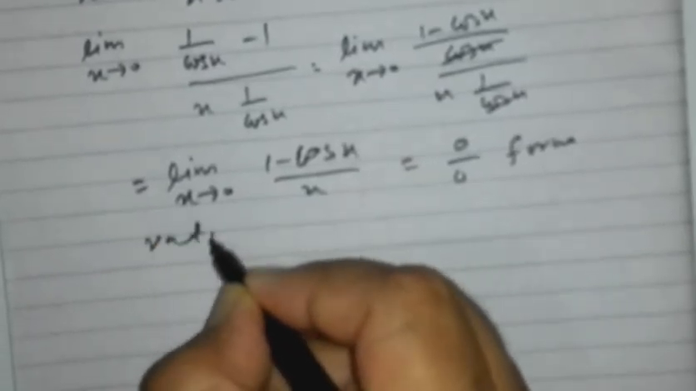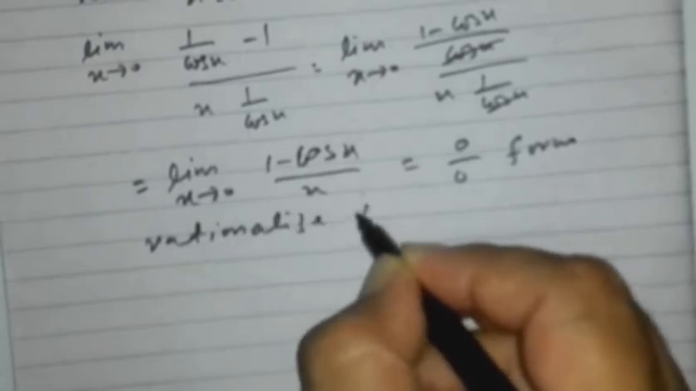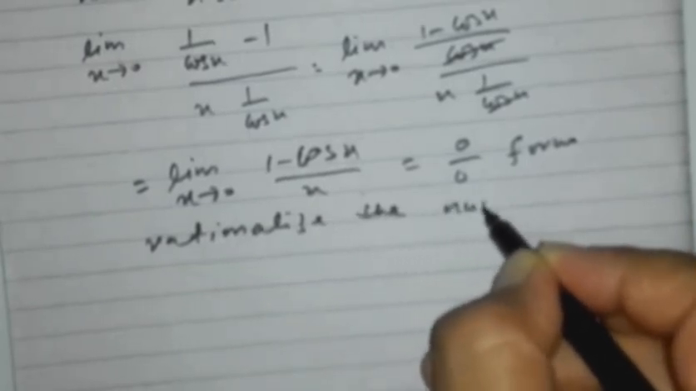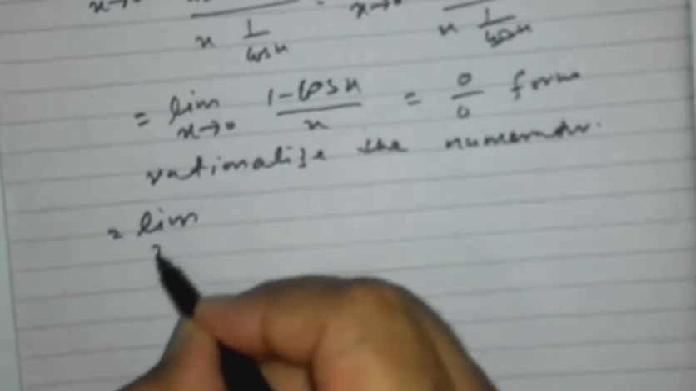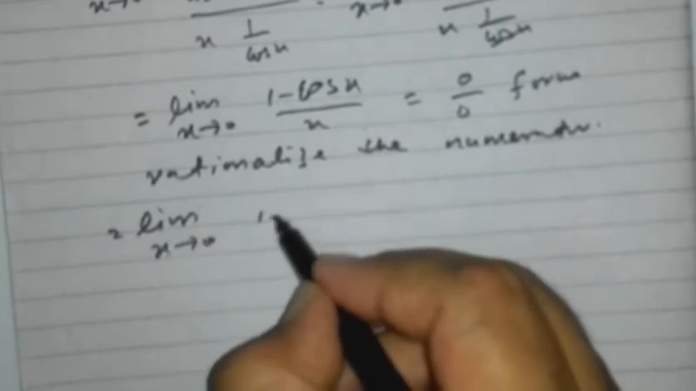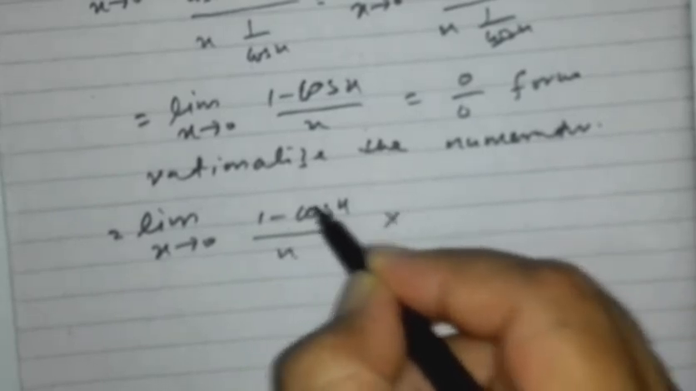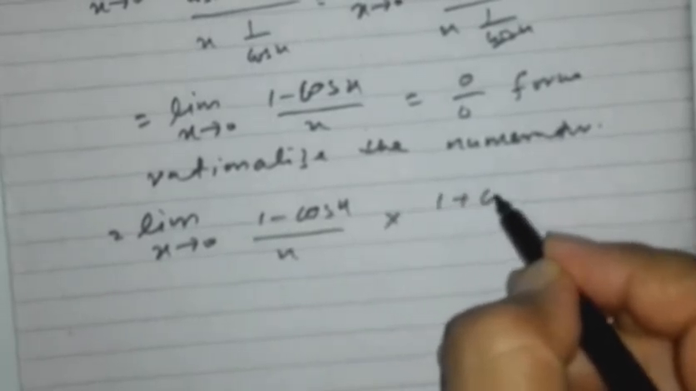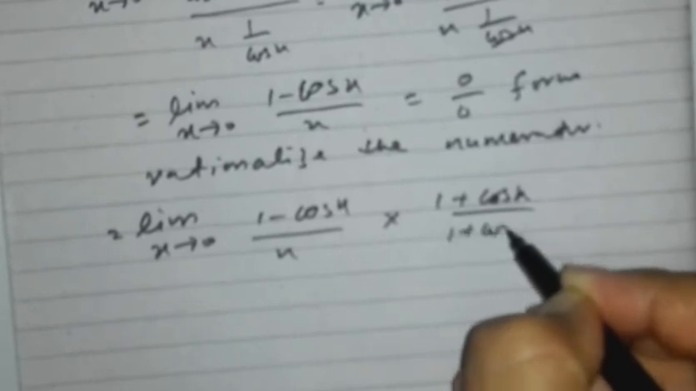Rationalize, how? Limit x tends to 0, (1 minus cos x) divided by x. Multiply it by (1 plus cos x) divided by (1 plus cos x). So we get